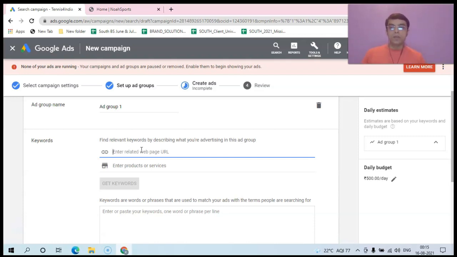We already discussed as to how to get the best keywords possible. You use your keyword planner. We saw the process in the earlier sessions. That's the way you should actually use your keyword planner and choose the right keywords, right? Best possible keywords. But here I'm not again going to go through the whole process, but as a shortcut, this is more of a shortcut wherein I'm going to get the set of keywords. But ideally, this is not the way you should do. But since I need to show you as an example, so I'm just getting the keywords